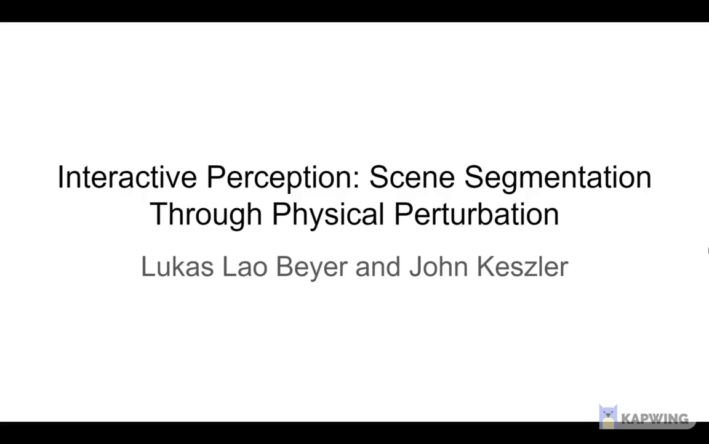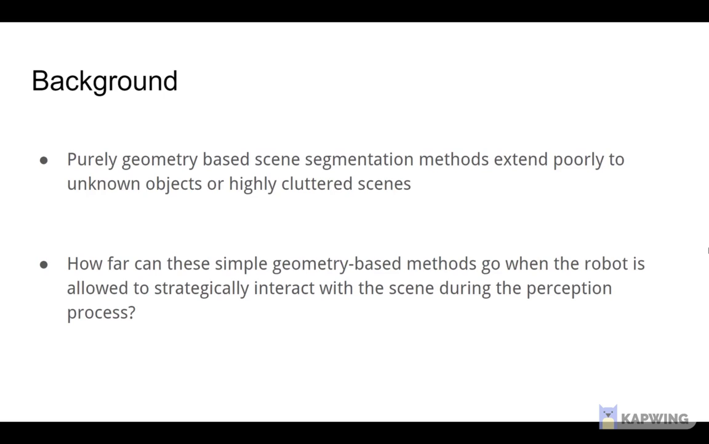Hello, this video presents our final project for 6881, Robotic Manipulation. In our project, we explore how interaction can be leveraged to augment the scene perception task. In particular, we apply simple geometry-based approaches that would usually perform poorly in cluttered scenes with completely unknown objects, and show that these methods can yield good scene segmentation and object model discovery performance when combined with deliberate physical perturbations